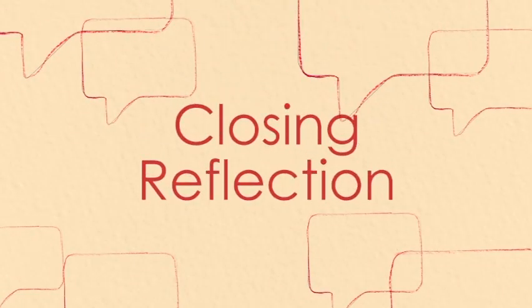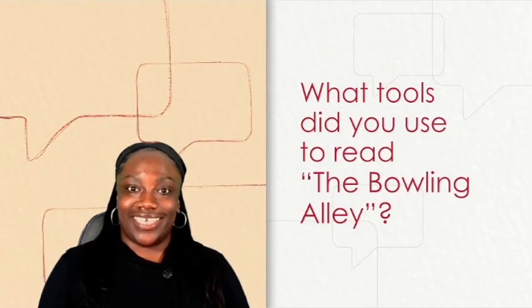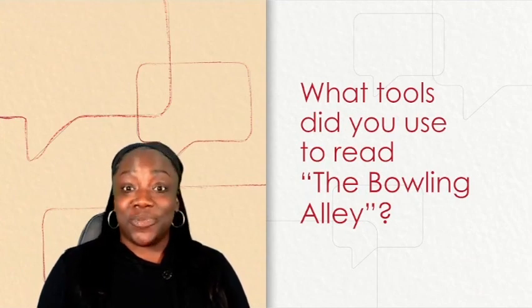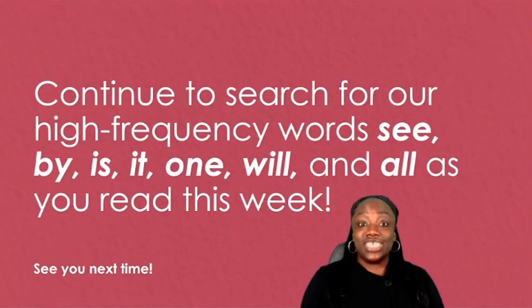Closing reflection. What tools did you use to read The Bowling Alley? I hope you're thinking about finding high frequency words. Continue to search for our high frequency words. See, buy, is, it, one, will, and all as you read